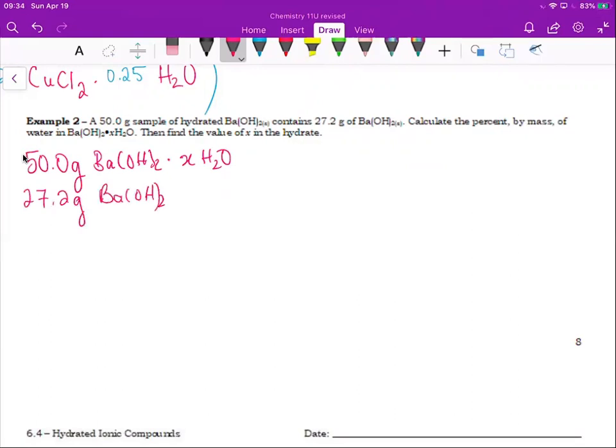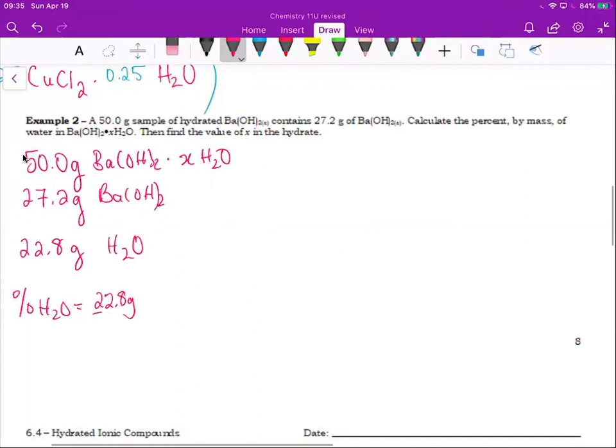Well, the difference between it, so what's that going to be? 22.8 is water. So when it's asking for the percent of water, we're going to take 22.8 grams divided by 50 grams times 100%. Because we want to know out of the actual total, what's that, 45.6%